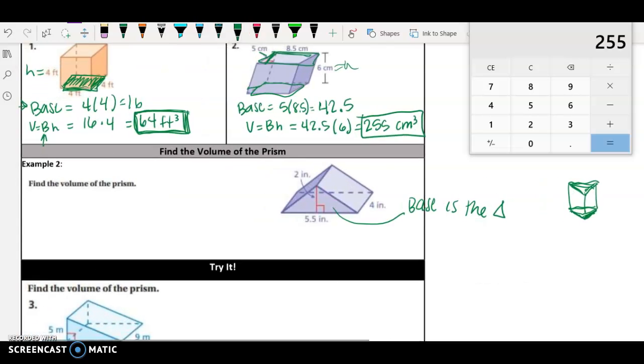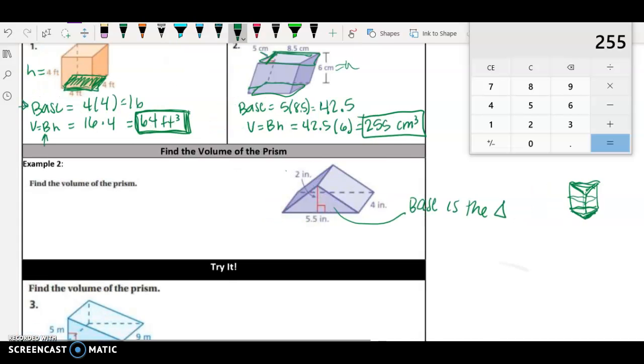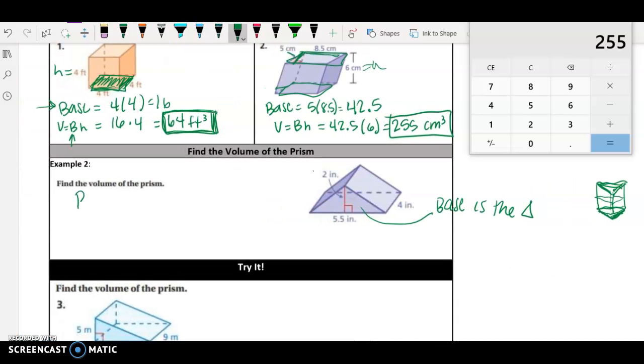So whenever you think of the area of the base, you need to think of the triangle, because the triangle will be a triangle all the way around, no matter where you are. So there's always a triangle in there. If you did the area of the rectangle, what you're doing when you multiply by the height is finding that box, and that's not correct. That's what we just did. So if there's a triangle involved in a prism, you have to think of that as the base. So our base,